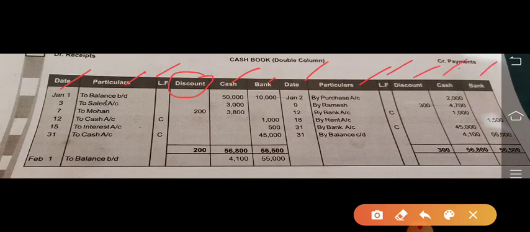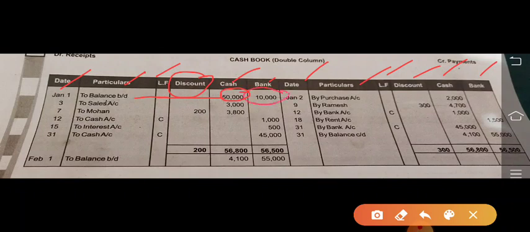Now let's start a question. Question I have already sent you, so let's move towards the solution. The first point that we are being told is cash in hand rupees 50,000 and cash at bank rupees 10,000. As you all know, that's the opening balance. So opening balance of cash and bank both are written as balance brought down. So we have two balance brought down, cash column 50,000 and bank column 10,000.